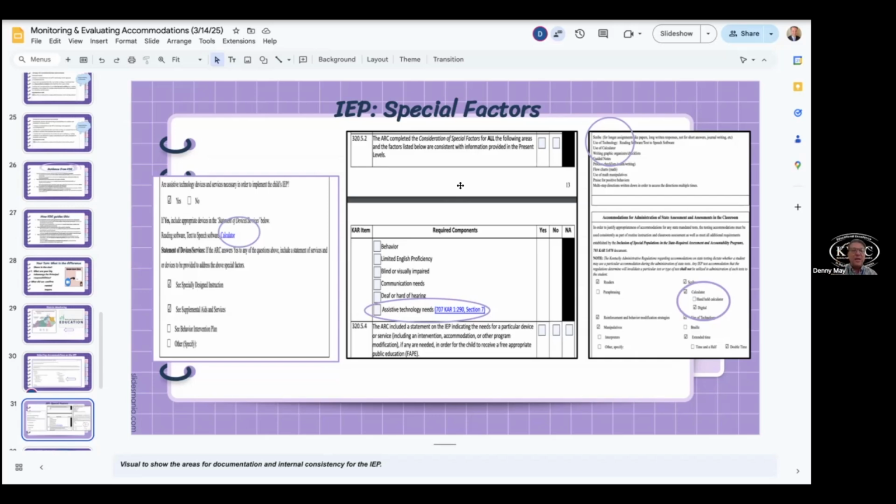And then we go into another area on the IEP, just below that on the special factors. This is the special factors piece, and we say yes, assistive technology devices are necessary. And then down here under the software that's needed, you can see this student's getting text to speech software, but he's also getting a calculator. So that needs to be documented there. And then it goes a little deeper. Okay, it goes a little deeper.